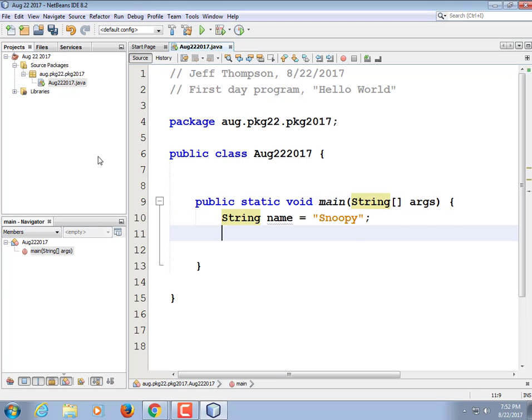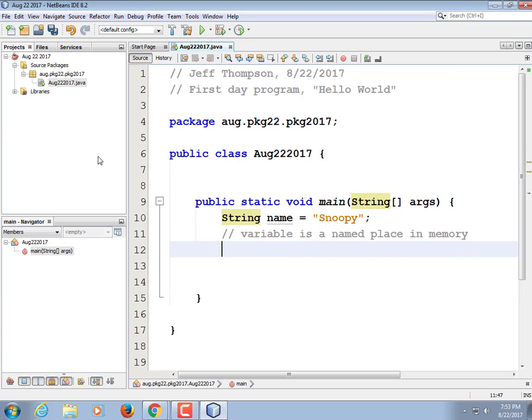Okay, so we have what's known as a variable. That's a variable. Some of you fundamental students, tell me what a variable is. It's going to be a long class if nobody tells me. You just sat through it in the last class. You better tell me. All right. A variable is a named place in memory